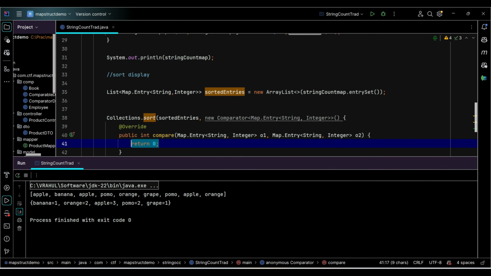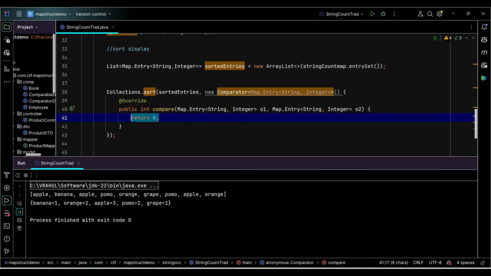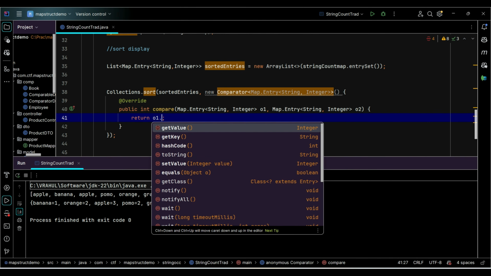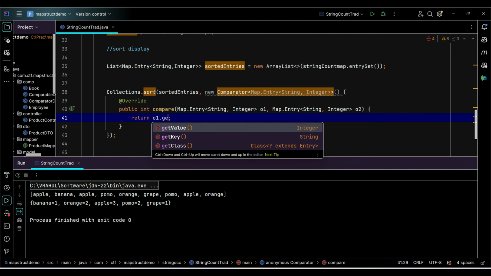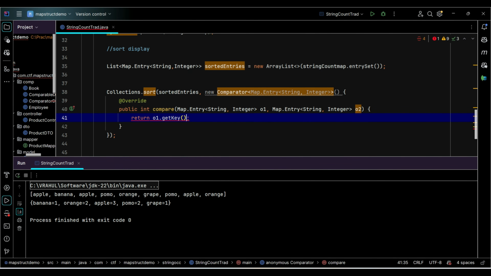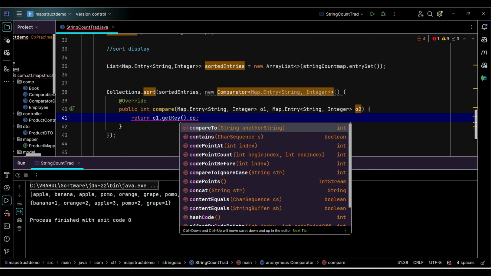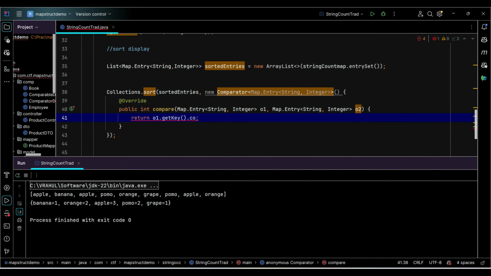Here you see the compare method implementation is already written for most of them, with the entry and other things. Now you need to write one logic: o1.getKey first, and then you have to compare it using compareTo,